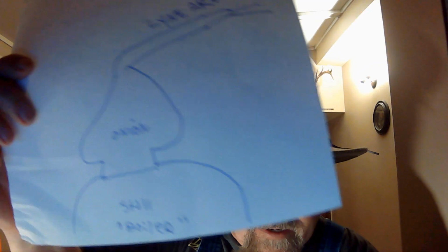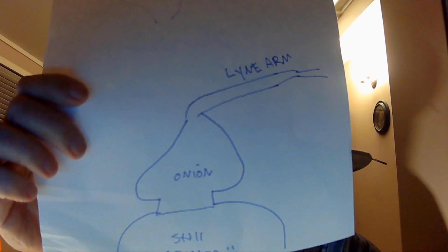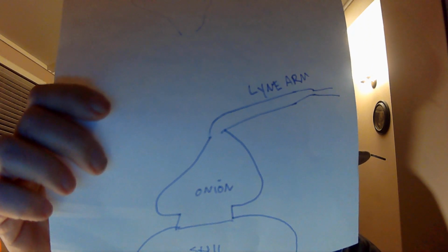Anyway, one of the things that I read over and over and over, you're going to love this artwork. All right, there's the still, there's the onion. But the main thing was they always, in those commercial operations, come off into a lyne arm. And the lyne arm has a great effect on the flavor of the product. And so,